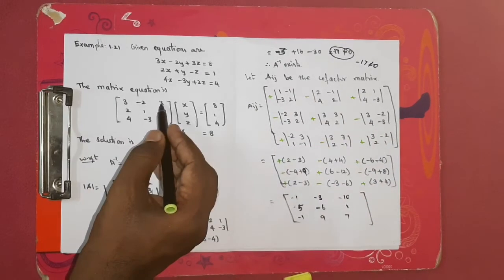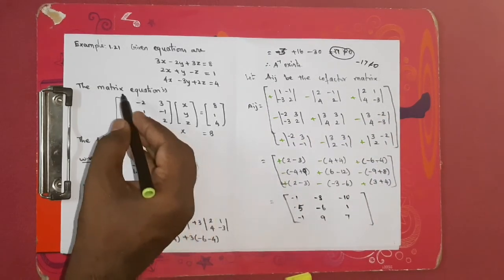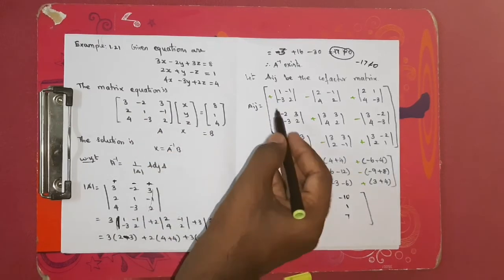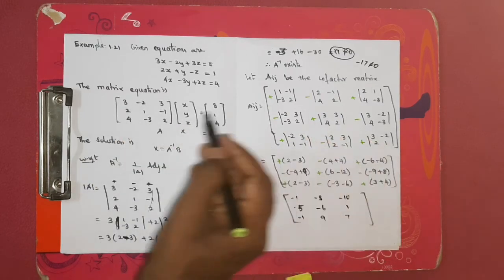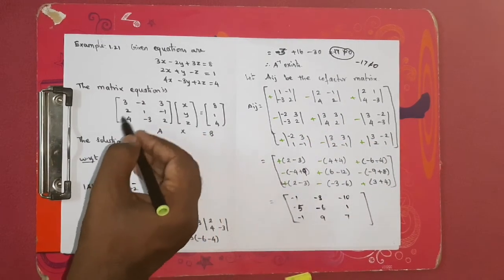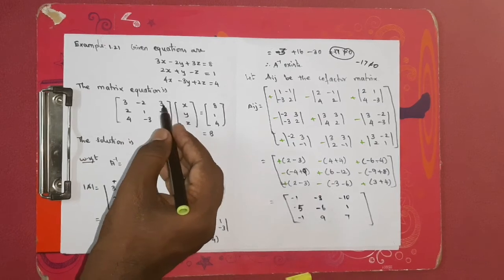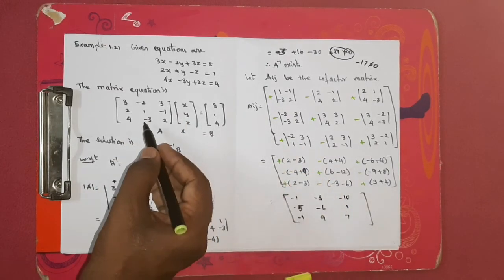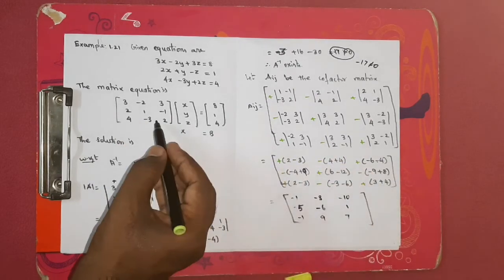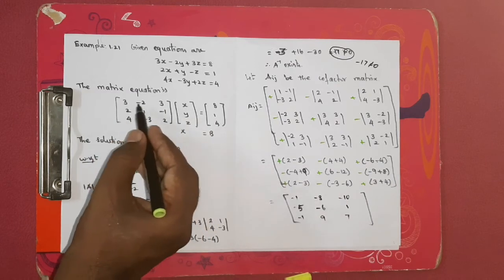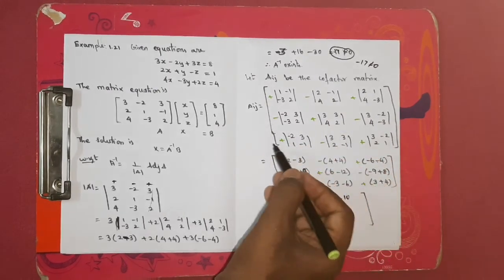A determinant is applied. And for 3 the minor is going to be 2 1, 4 minus 3 determinant. And for 2 the minor elements are minus 2 3, minus 3 2. For 1 the minor elements are 3 3, 4 2. For minus 1 the minor elements are 3 minus 2, 4 minus 3. For 4 the minor elements are minus 2 3, 1 minus 1. For minus 3, leave this row and column, so 3 3, 2 minus 1. For 2 the minor elements are 3 minus 2, 2 1. Put a determinant for each. Then the signs are plus minus plus minus plus minus plus minus plus.